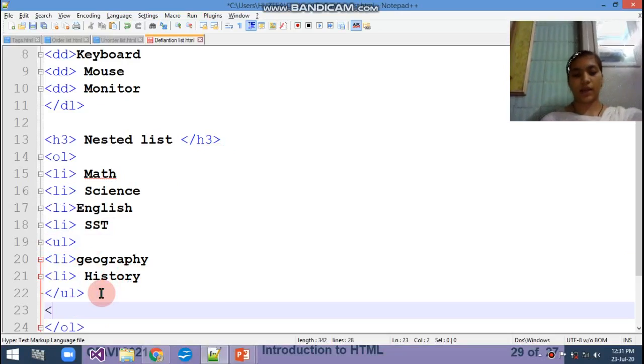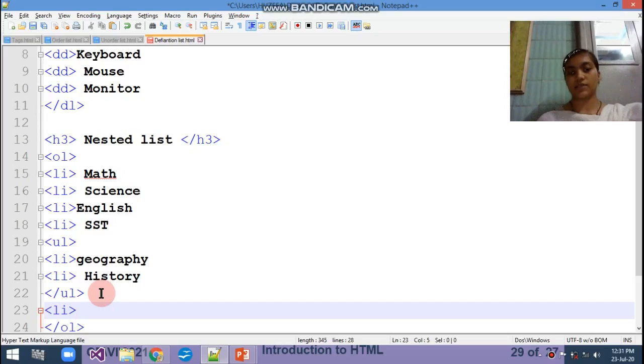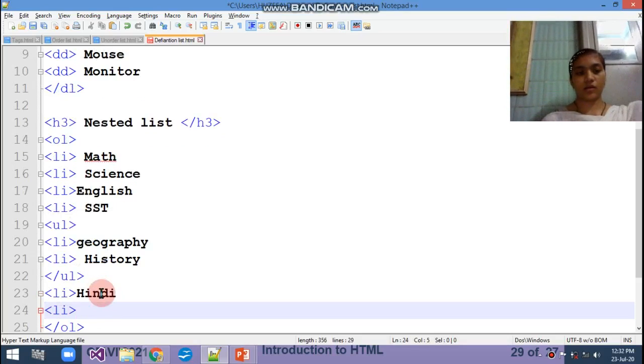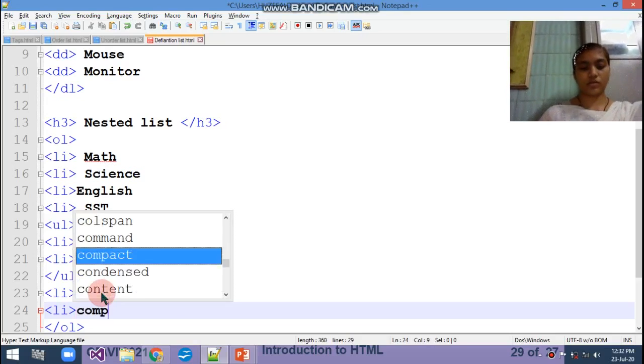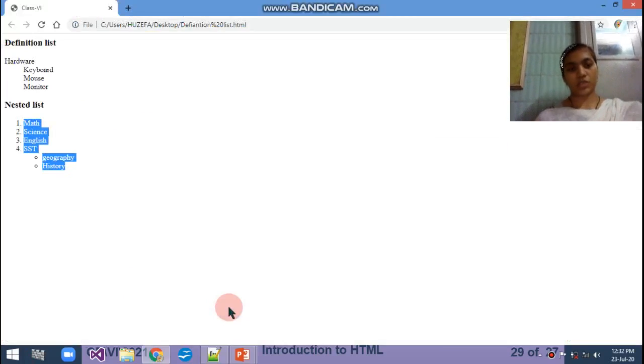If you want to add another one in the OL, you have to write down the LI, because before closing the OL you can list out all your things, your topics in that. English, SS, Hindi, computer, okay, and OL will be closed here.